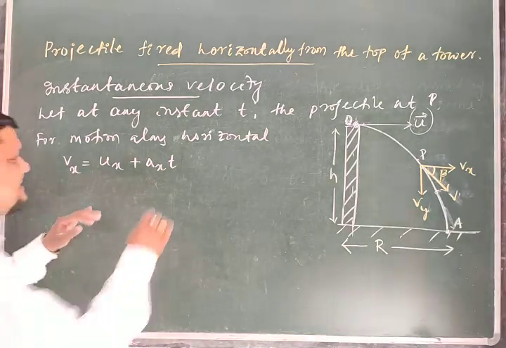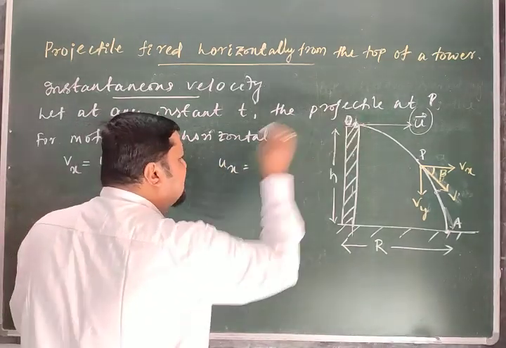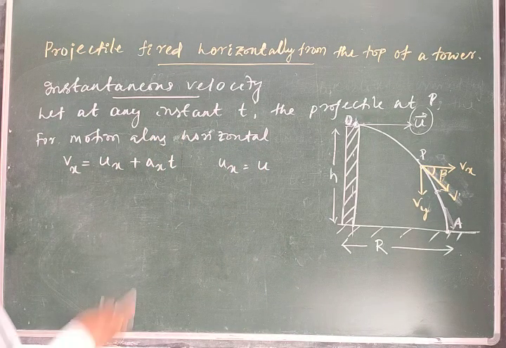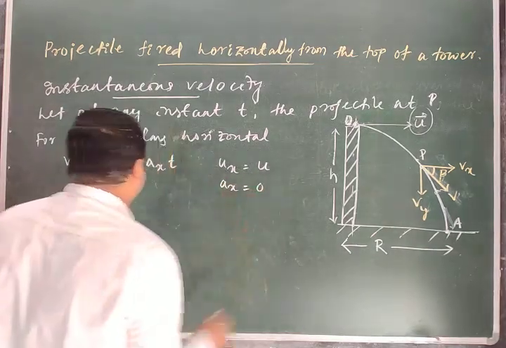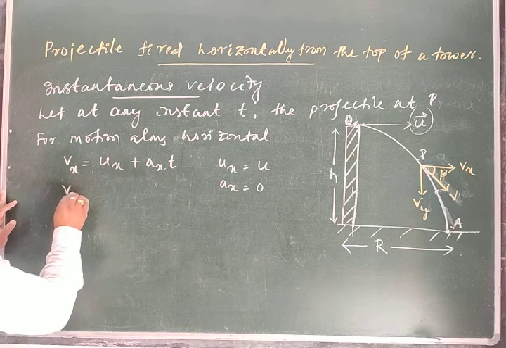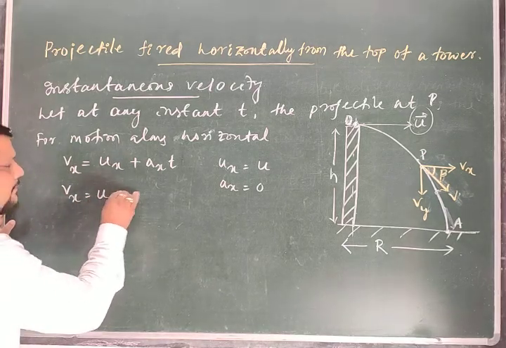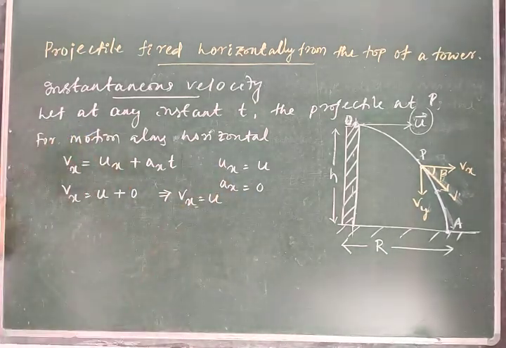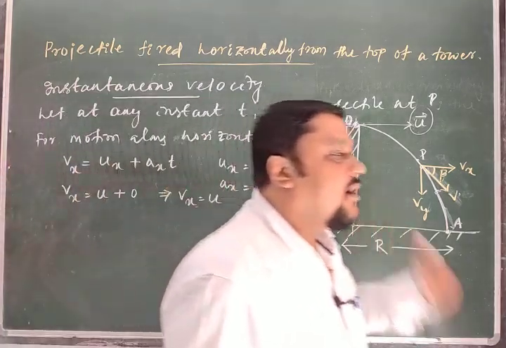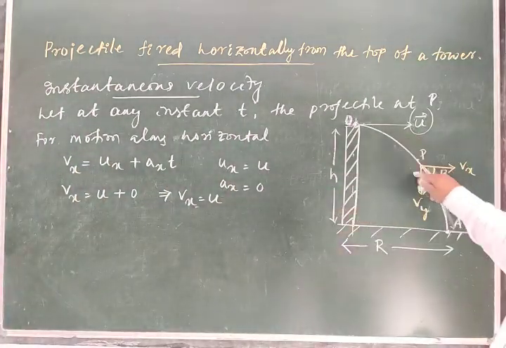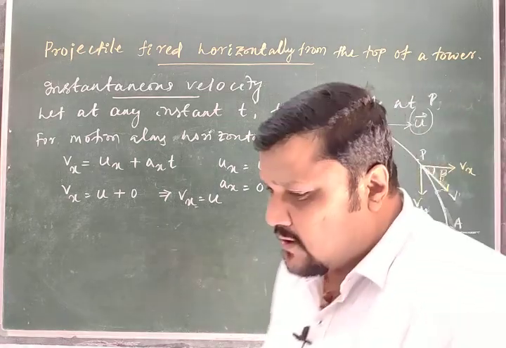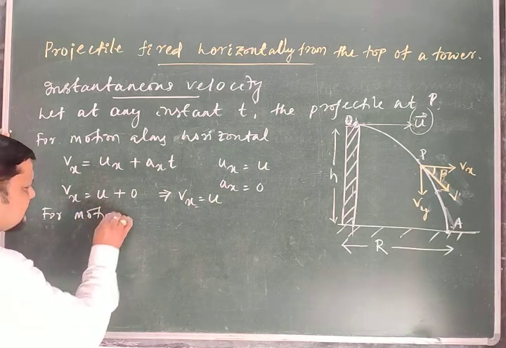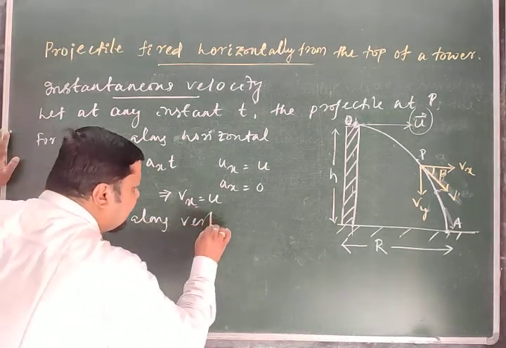So if you put here, what is this ux? Initial velocity, that is u along the x-axis, and ax is equal to 0. So we can put here that vx is equal to u plus 0, or this implies vx is equal to u. It is always uniform, so no need to check, this velocity u is uniform at every point. Next, for motion along vertical,